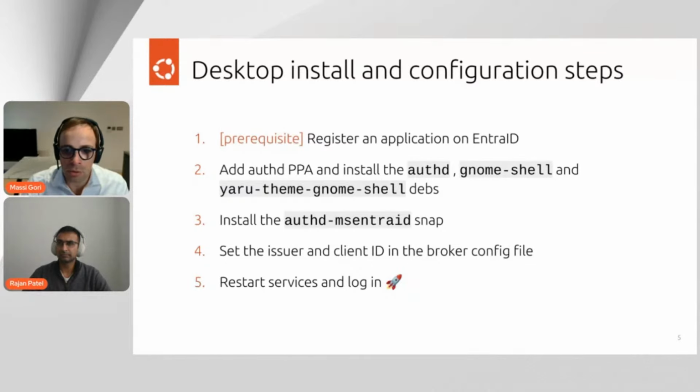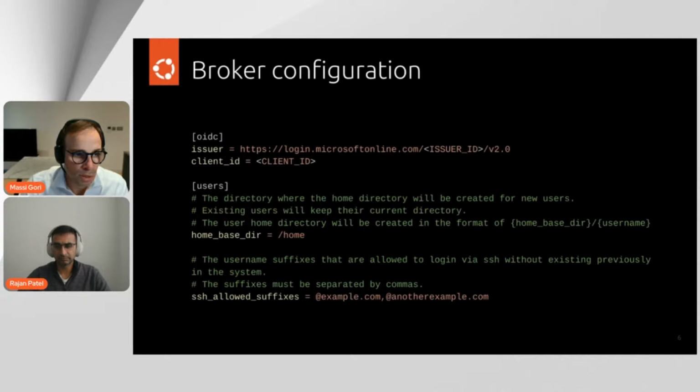After that, you need to install the snap, in this case, the authd-msentraid snap, and edit the configuration file inside the snap to add the client ID and client credentials, and then finally restart the services. Before looking at how it looks visually on the desktop, let's actually have a look at the